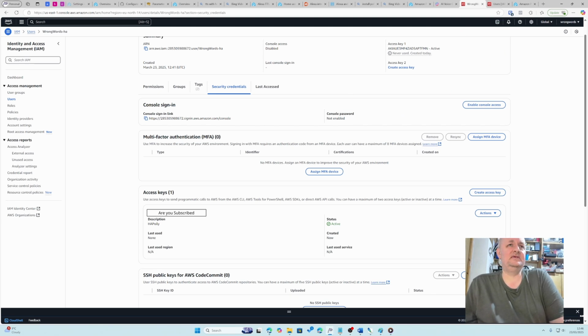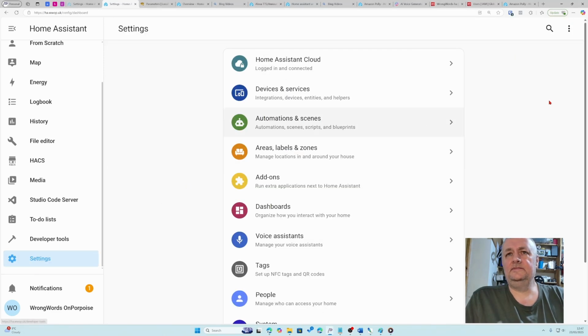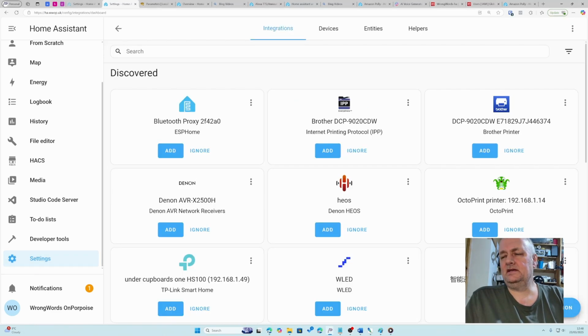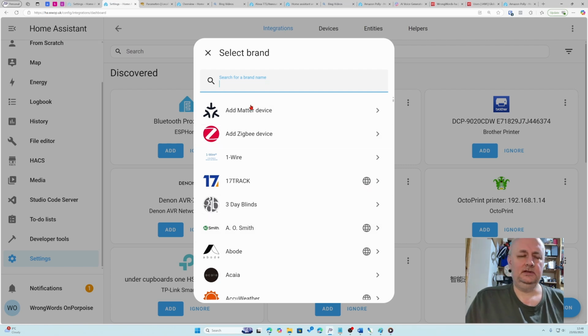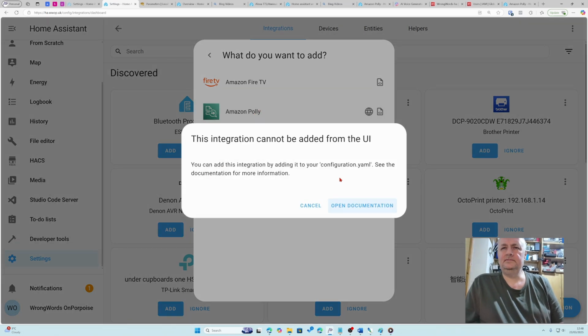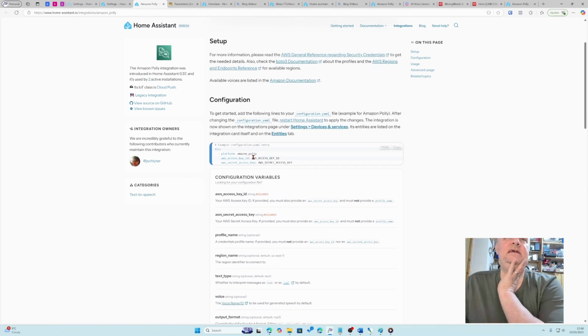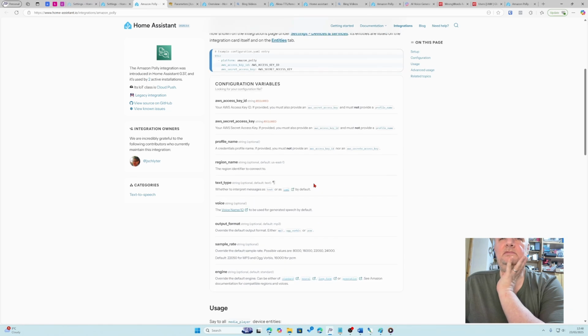I'm going to close some tabs first of all because I've gone a bit bananas here. So, back in Home Assistant, Settings, Devices and Services, Add Integration, find Amazon, Amazon Polly, and it says we need to edit configuration.yaml. So we've got the documentation. What it's saying is I need to find TTS and I need to add these things in. So if I take a copy of that now,